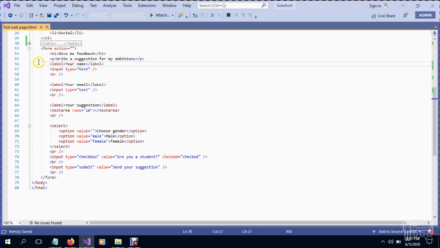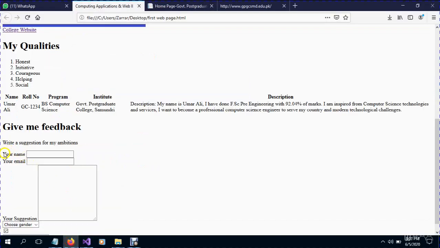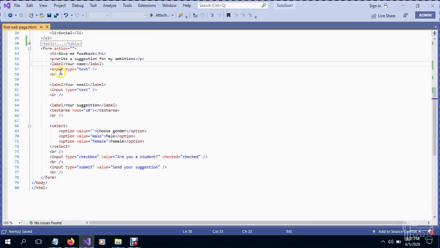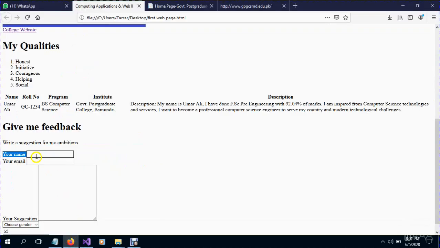And then we have a label. Label is just a text that is shown in this way, that's your name is a label. And input is a special element that is used to interact with users. Input has different types, like button, date, time. If you write input elements in this way, mentioning its type as text, then it will appear in the browser in this way, where you can write something